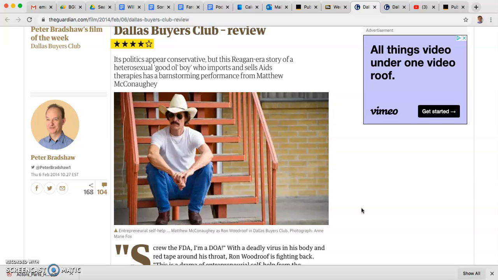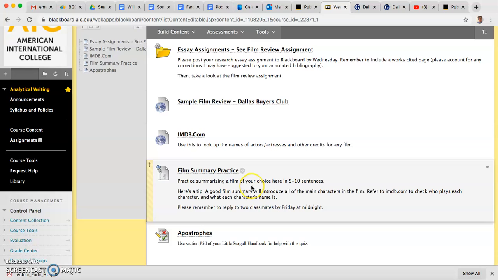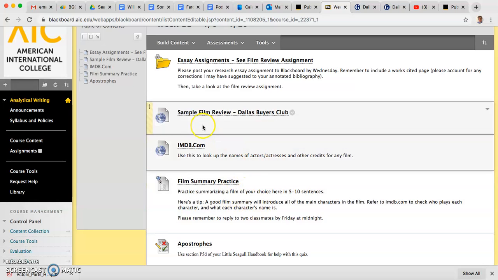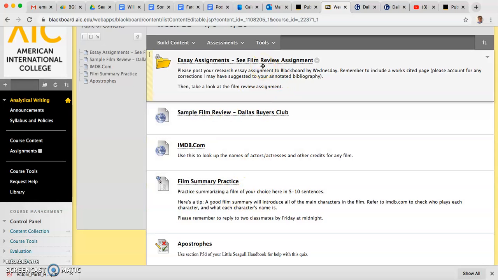So it seems related to the course. And by the way, I didn't specify this, but I'll address this more next week. In choosing a film, I'm leaving it up to you what film you want to actually write about this week. But I would like you to try to select a film that deals with something related